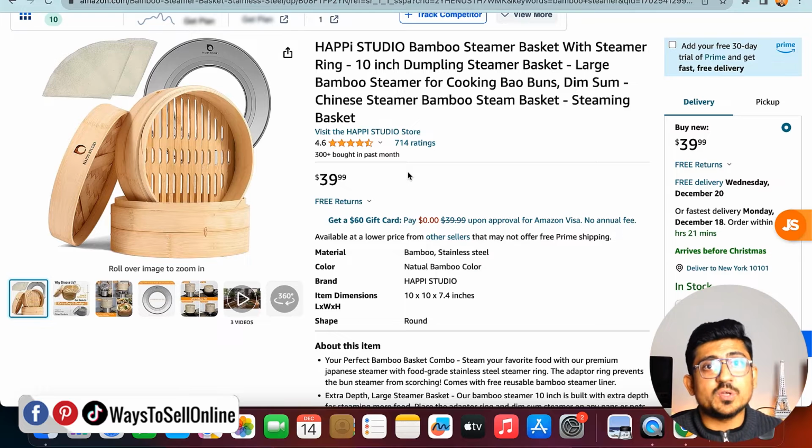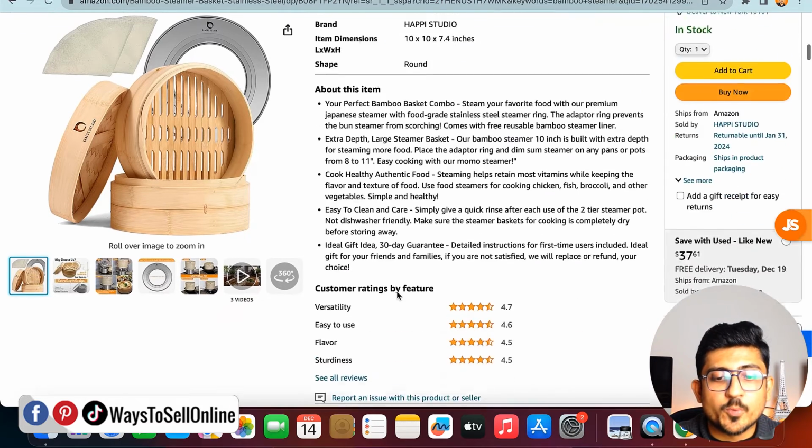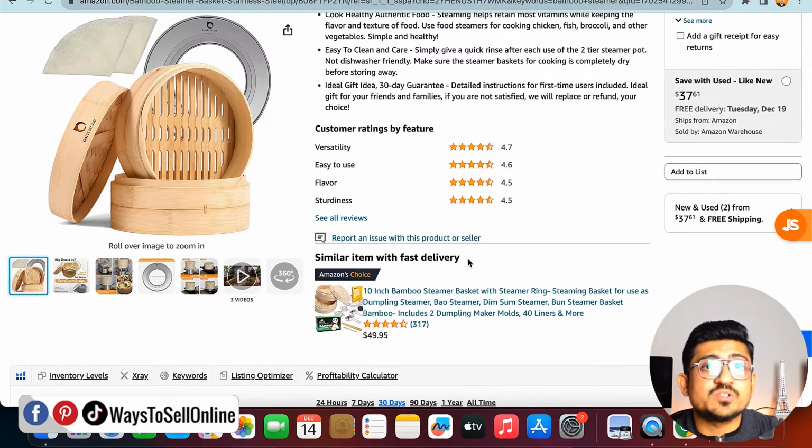So for example, if you are selling a steamer basket and a stainless steel ring in a separate listing, what you can do is sell the steamer basket at $29.99, and additionally make a listing for the ring for $10. And then for that ring listing, you can target that listing in an Amazon PPC campaign as product targeting for the basket. So whenever someone goes on your listing to purchase a basket, when they scroll down, under your title and under your bullet points, they will be able to see the ad of your steamer ring,